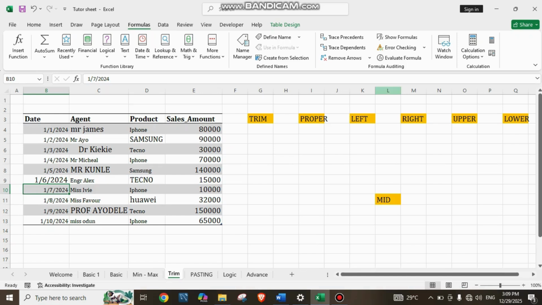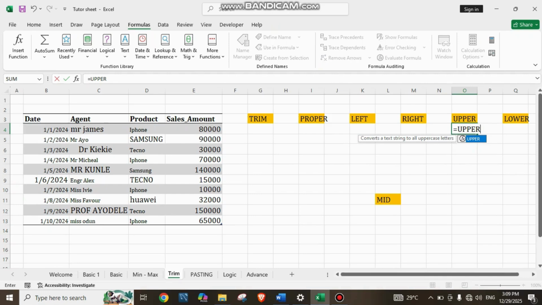Let's start from upper. Upper is used for capitalizing text. Let's assume you are given a name that is in small letters. If you use the formula upper, it will convert everything to capital letters. Now let's assume this Mr. James here is in small letters. So let's capitalize it. To do that, we type equals upper, open bracket, then click on Mr. James,